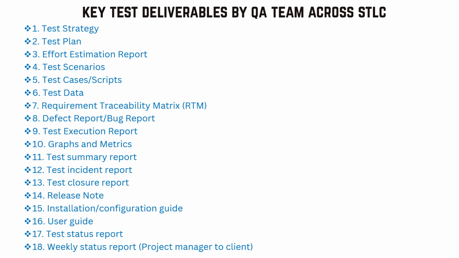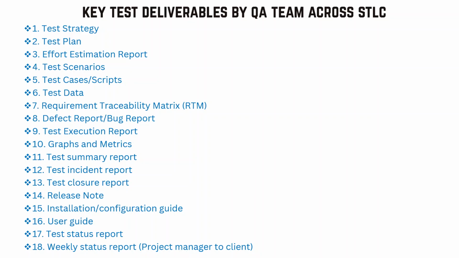Now, as part of the whole STLC process, what are the key test deliverables the QA team shares with the stakeholder or the customer? Starting with the test strategy, test plan, effort estimation report, test scenario, test case or the automation test script, test data, RTM or requirement traceability matrix, defect report, test execution report, different metrics or graphs, test summary report, test